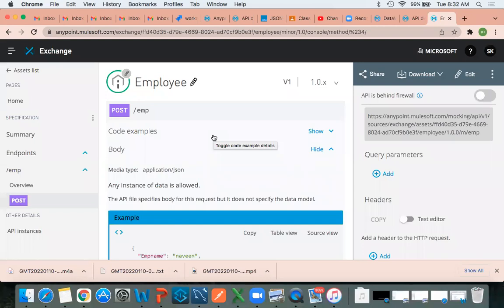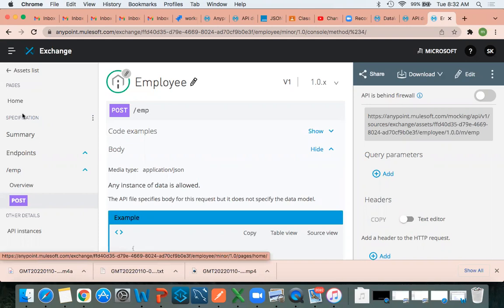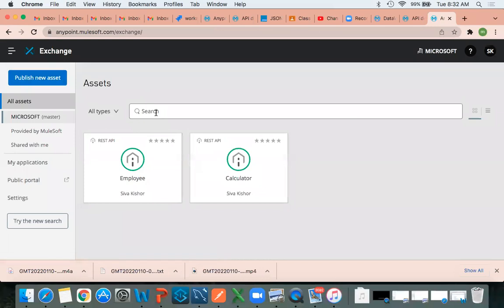And you have some business analysts in the company who don't have direct access to Design Center. They will have access only to this Anypoint Exchange. Okay. So this is how we can publish our API to the Exchange. Clear?